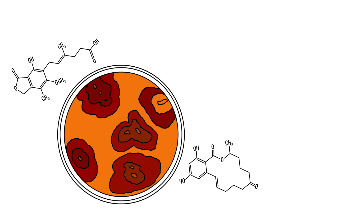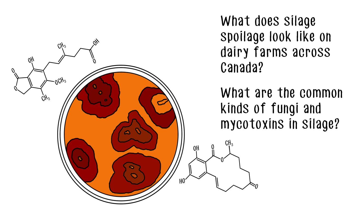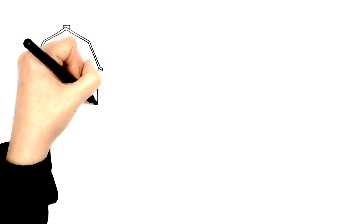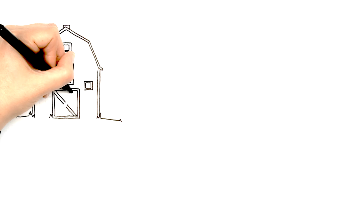However, because most farmers produce and use their own silage on farm, not a lot of data exists to tell us about the levels of silage spoilage across Canadian dairy farms, or even what kind of fungi are living in silage on farms across Canada. Recently, a study was done attempting to fill this gap and learn more about fungal spoilage and mycotoxins in silage